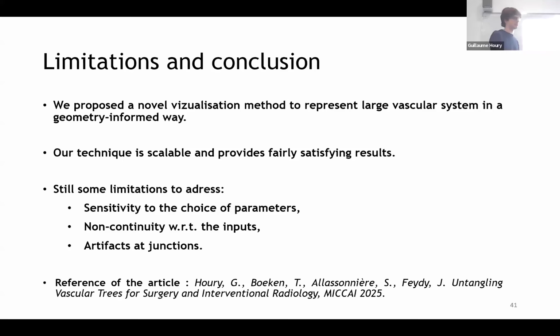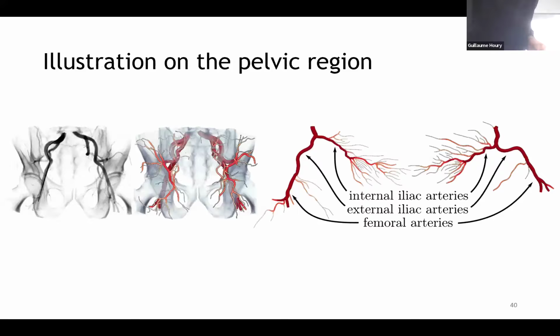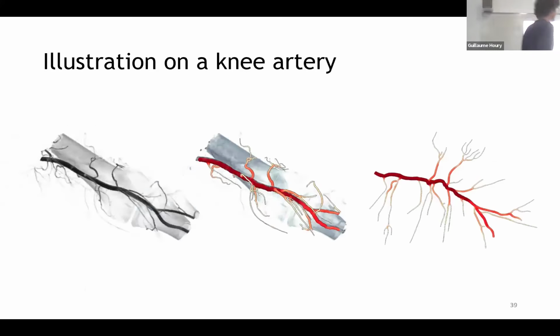And there are some artifacts that I haven't mentioned yet, but for instance here, where the bending is not natural compared to the original one, and this kind of thing, like these small bumps, whereas we would expect something smoother, is mostly related to the estimation of the curvatures locally,